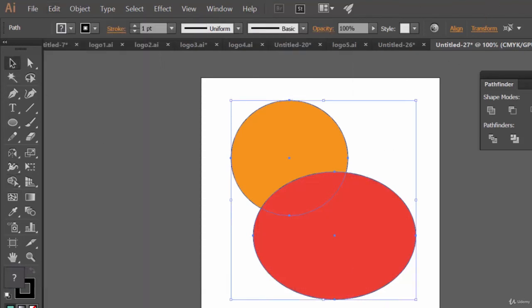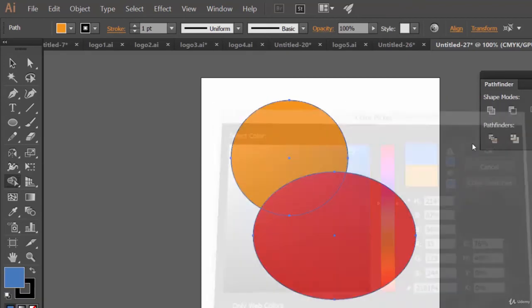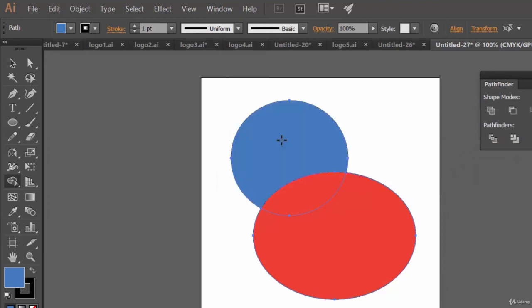Now let's select these two, and let's select the Shape Builder tool, change its color to something else, say this one, and now click. See what its color is? This blue, right? Click, click, see? Okay, so this is the concept of color for this.